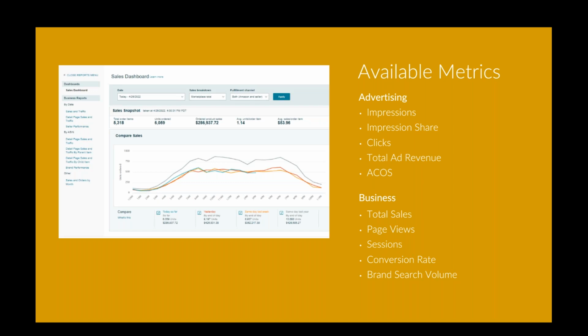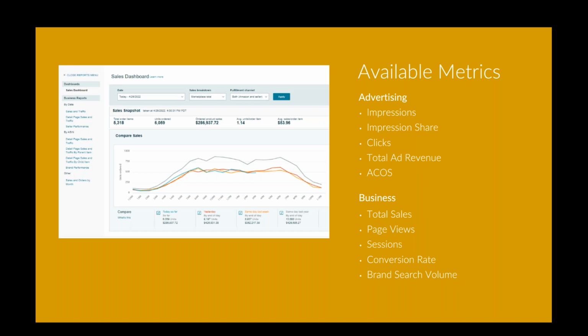So just a couple of the call outs on those reports would be that the business reports in Amazon sometimes can look a little bit inflated because they show booked sales. That means they do not factor in returns, and currently it includes unshipped sales. So any order sitting in a customer's cart or that's ready to ship but hasn't been paid for yet will show up in that number. So always expect a little bit of variance between that and what you'll actually see at the end of the month. But it's still a great way to track throughout the month what's going on. But for the most accurate look at shipped sales, you want to look at your payments report, which I can touch on later.